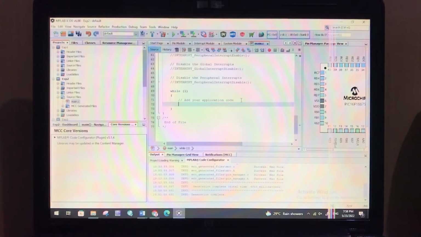Enter, then if SWITCH_GetValue equal 0, then enter, then LED_SetHigh, and there. Else